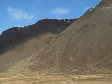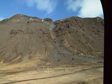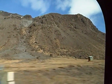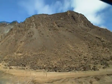But another volcano is here in front of us to the right, this snowy mountain to the right. And this one is the most famous of all volcanoes in Iceland. It's called Hekla, and it is the most famous volcano that we have. And in the last 1100 years, or since we started living in